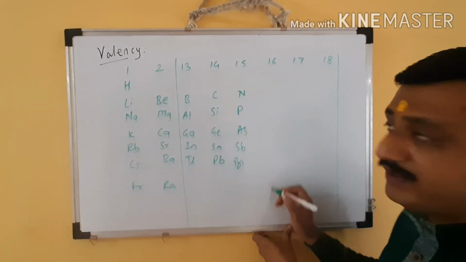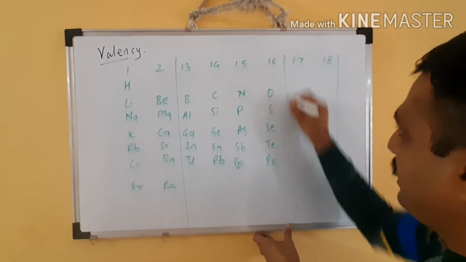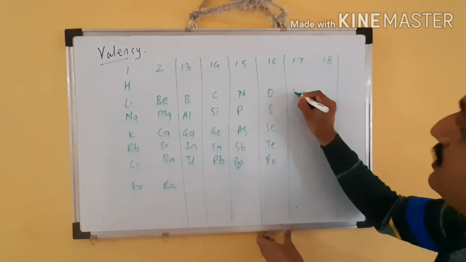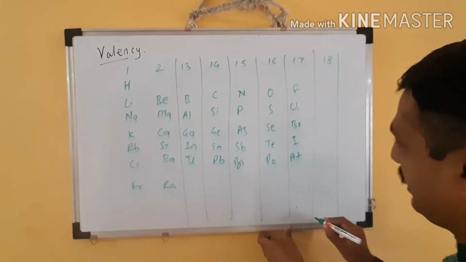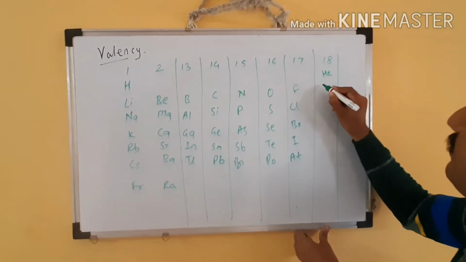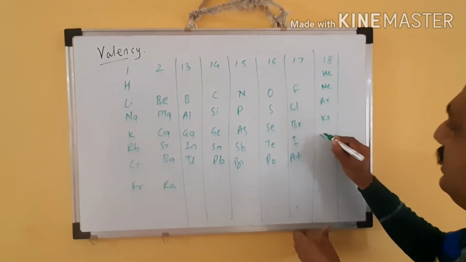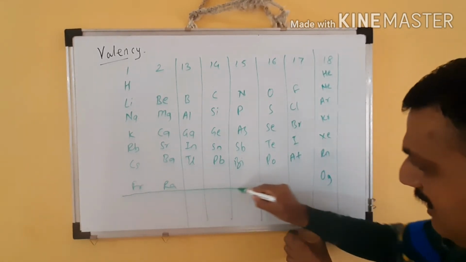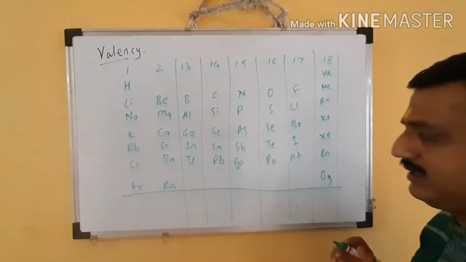Which are the group 16 elements? Oxygen, sulfur, selenium, tellurium, polonium. These are the chalcogens or group 16 elements. Group 17 elements are the halogens: fluorine, chlorine, bromine, iodine and astatine. These halogens are in group 17. Group 18 elements are the zero group elements. Here we have the helium family elements: helium, neon, argon, krypton, xenon, radon and the newly discovered oganesson. Okay, all the last line, 7th period elements are radioactive: livermorium, moscovium, nihonium, like this newly discovered